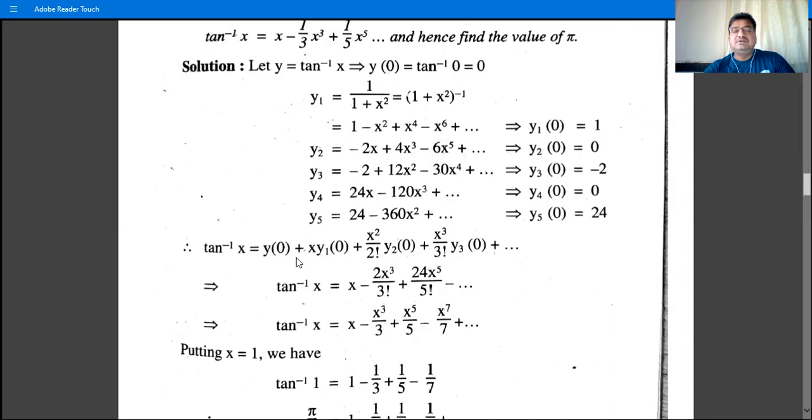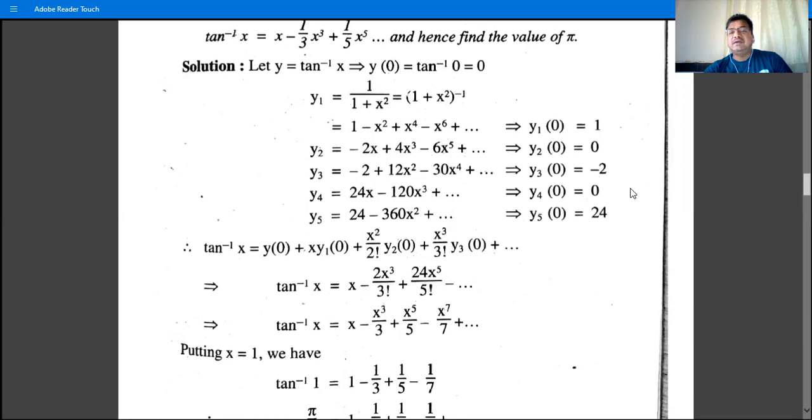Okay, f(0) means y0, f'(0) is y1(0), f''(0) is y2(0), f'''(0) is y3(0), and just substitute the values. f(x) or y(x) is tan inverse x. Then y0 is 0, then x y1(0) is 1. In this way, x squared by 2 factorial y2(0) is 0,